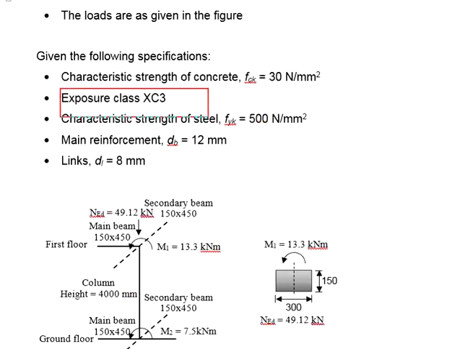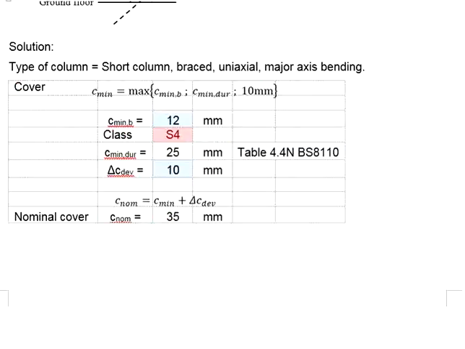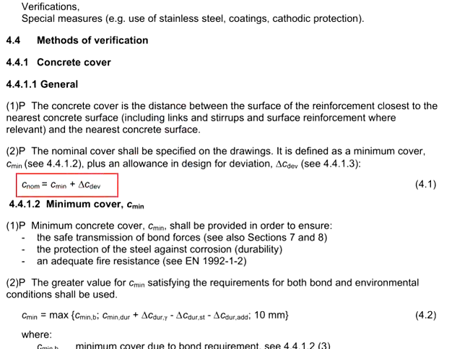Given the exposure class, you may start with determining the concrete cover of the column. For the nominal cover you may refer to Eurocode section 4.4.1. You need to get the minimum concrete cover plus the allowance for the deviations in order to get the nominal